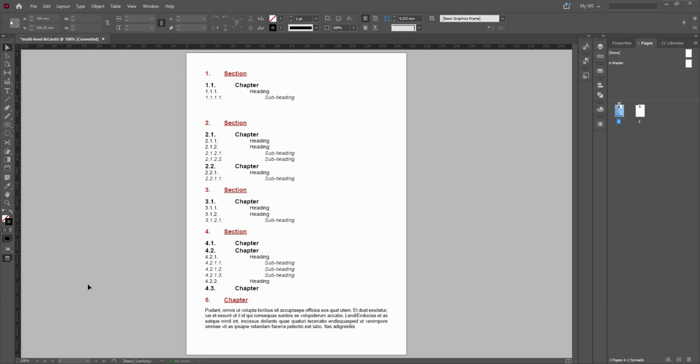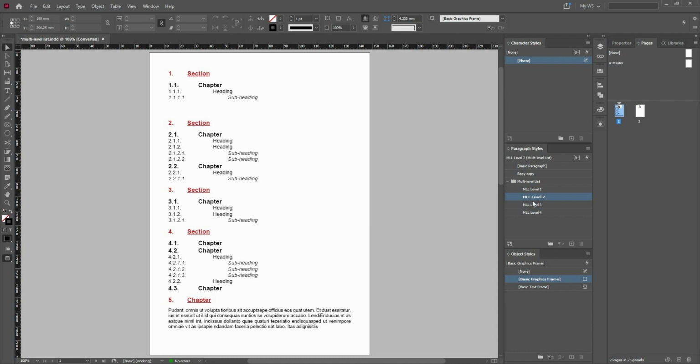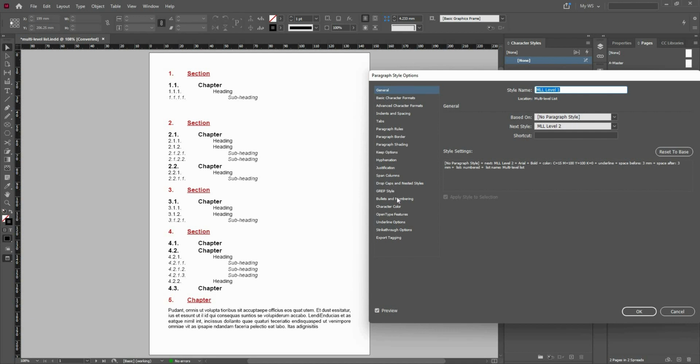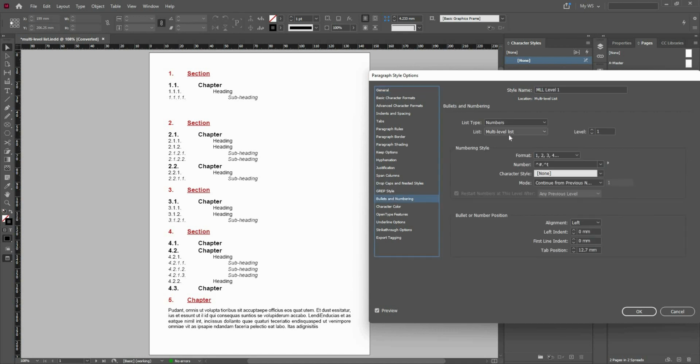So I have a group called multi-level list here, that is called 1, 2, 3, 4, and they are all linked up with each other using the next style feature, which we talked about earlier. But more importantly, there is a very important thing that connects them, and that is the list name. So if I double click on one of these and go inside bullets and numbering, here I have multi-level list, but you can also call it anything else. Once you create this list,